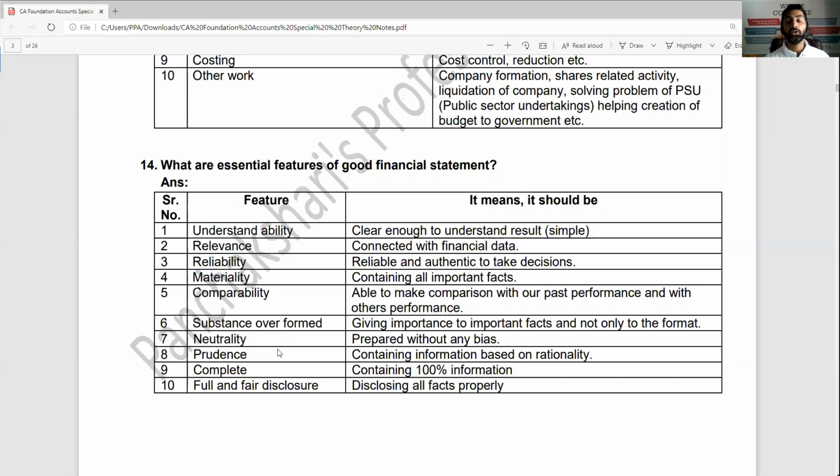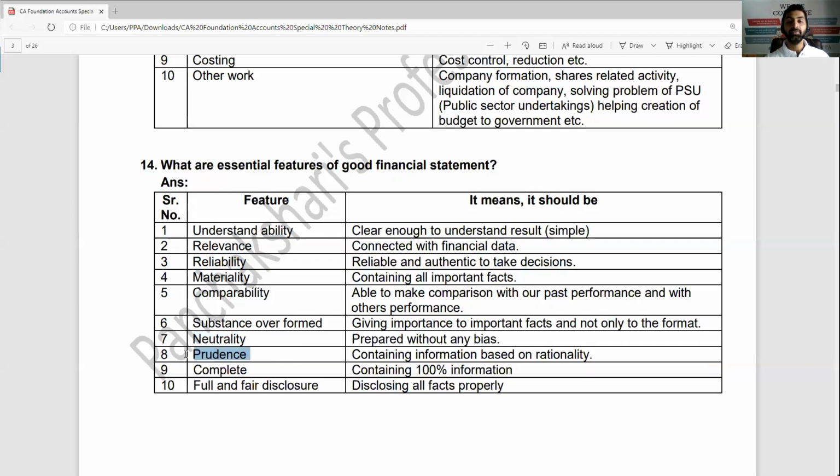For example, loss by theft of rupees 30 only. You will say it's a minor amount. We can add it in general expense. Even though the amount is minor, loss by theft is not a usual thing. It is something abnormal. So you should show it separately. Neutrality. You should be neutral. You should not be biased. For example, if you are an auditor of a company and the owner of the company is not in good books with you, it doesn't mean that you are going to give a negative report about him. You should be neutral, no partiality.